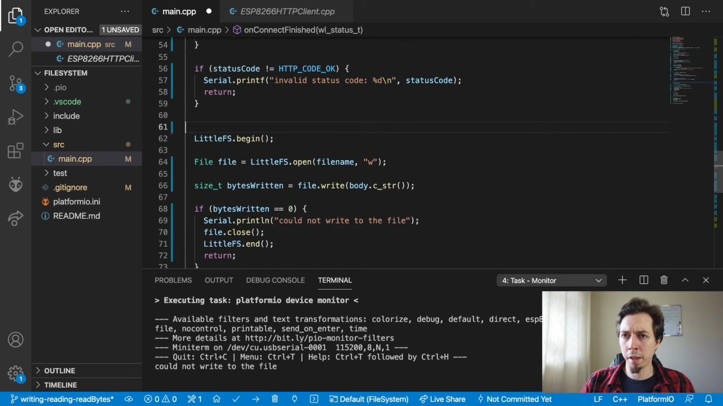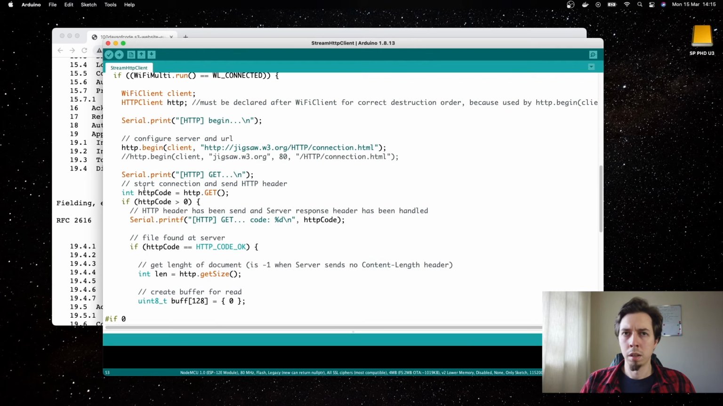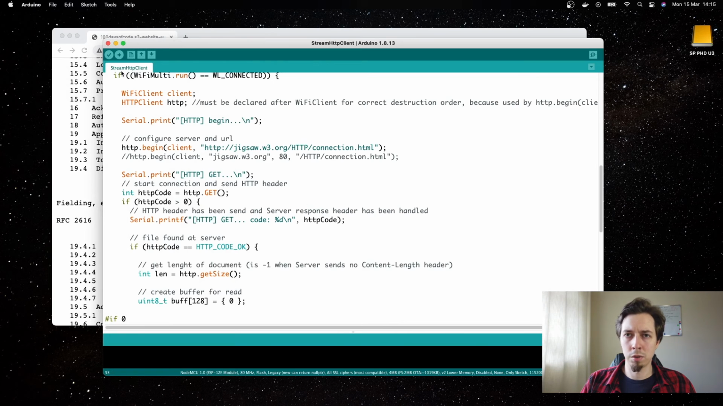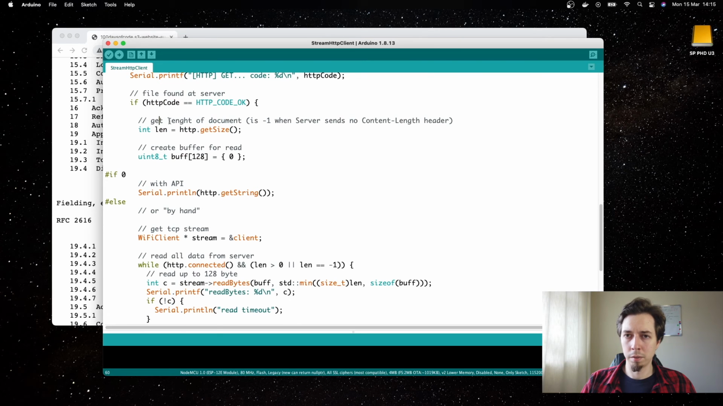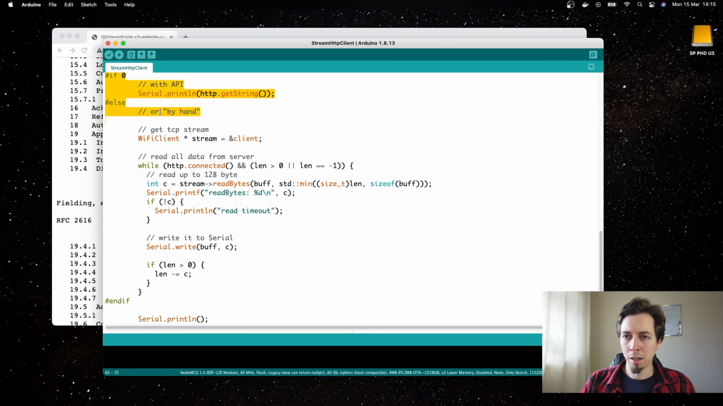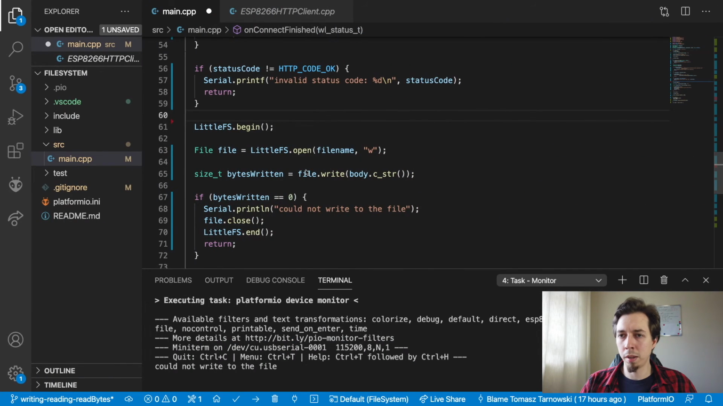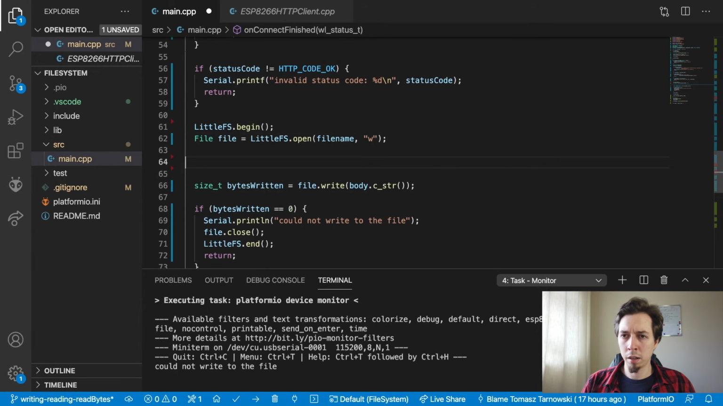And I'm going to help myself with the example in Arduino IDE. That example is actually this one, right? So StreamHTTPClient, and what I'm interested in is this bit of code where we get the length and we read the file in a loop. So that's what I'm interested in. I'm going to copy it and paste into my code, but this is going to happen right after the initialization of LittleFS. So here,